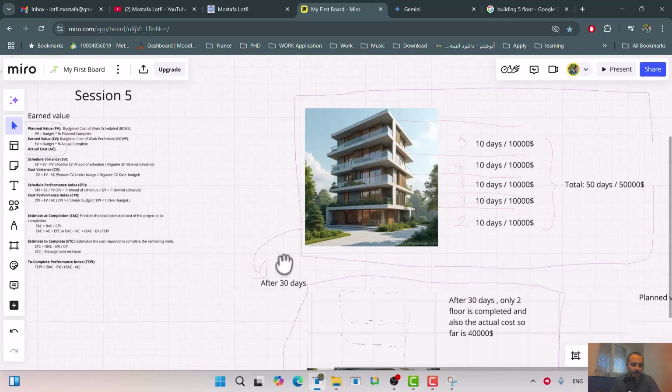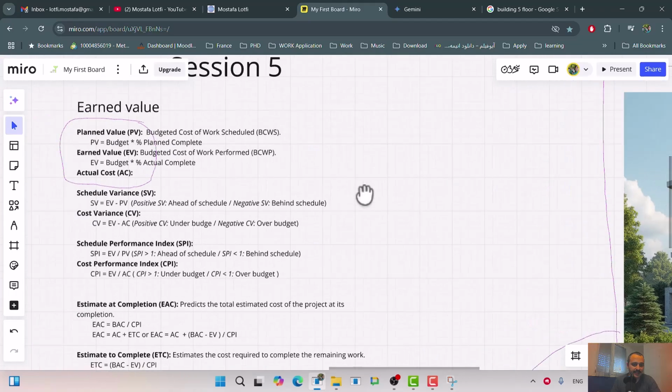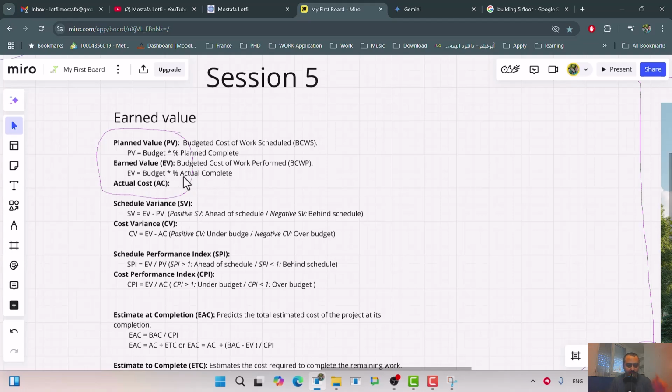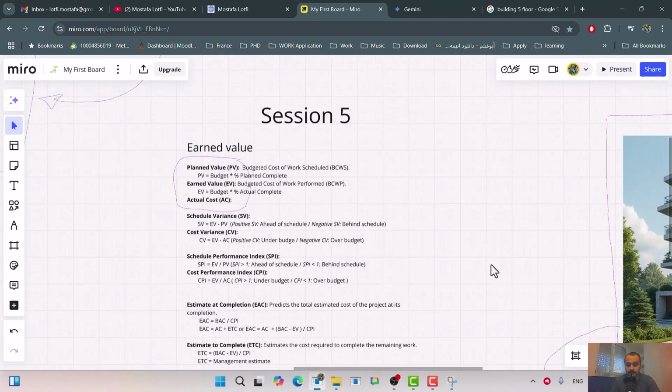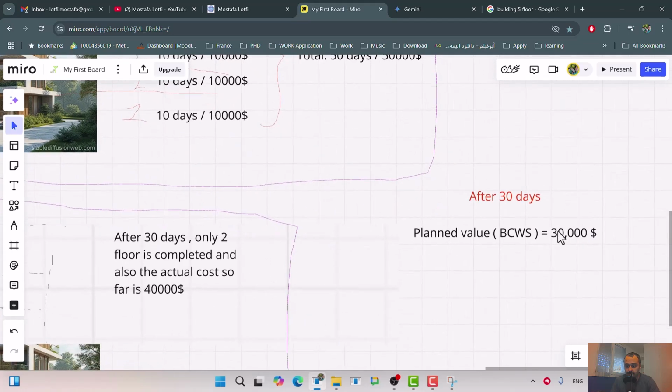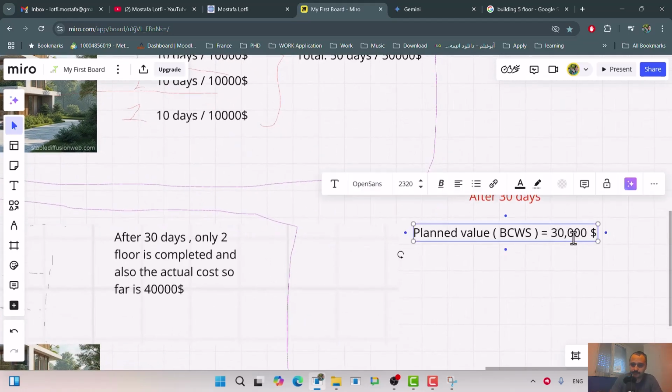Now look at the next one. The next one is a little bit similar but different. Earned value, EV, or BCWP, budget cost for work performed. The difference from the previous one is that the previous one was based on the work that you plan to deliver, but now EV is based on the work you actually delivered. So let me add it here. Earned value or